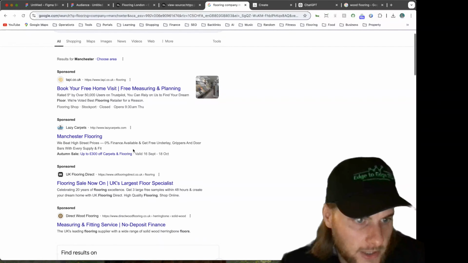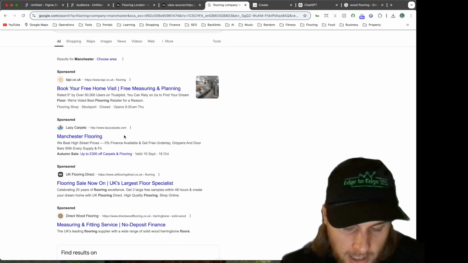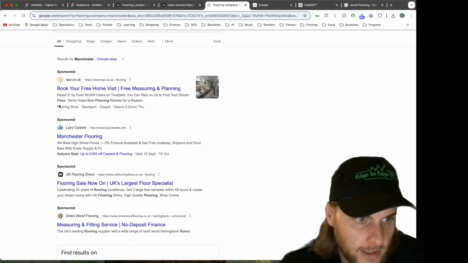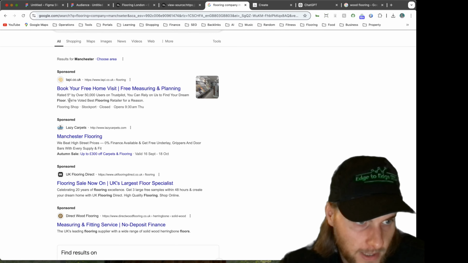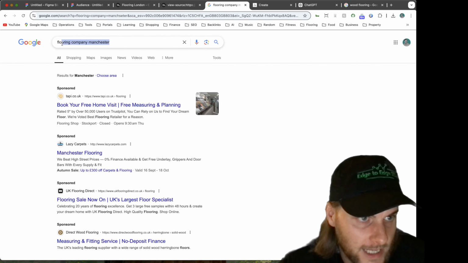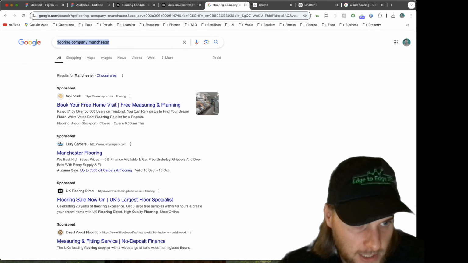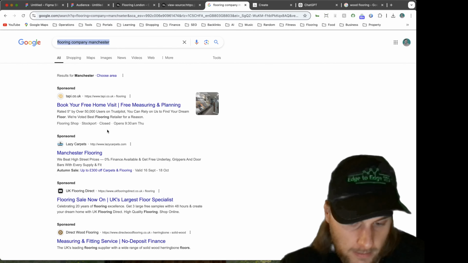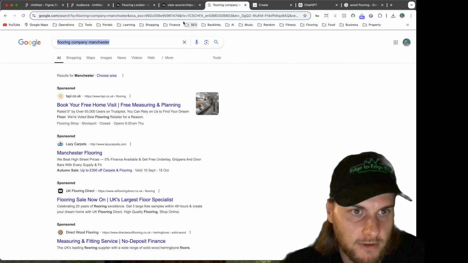And you just want to make sure that you've got all of these extensions filled out, and that your ads are good enough to get shown at the top, and then also that the extensions are getting shown. The best performing ads are going to be at the very top here. They're going to have the lowest cost per click, so they're going to be paying the least amount for someone clicking on their ads. They're going to be getting the most extensions shown, and they're going to be making the most money out of Google Ads, providing that these landing pages actually convert.